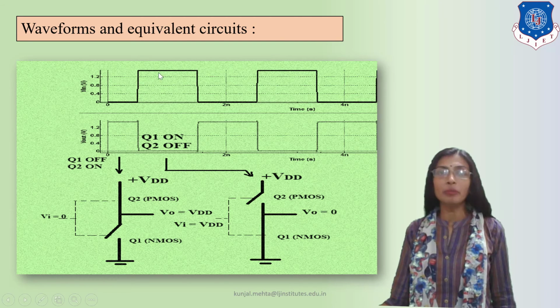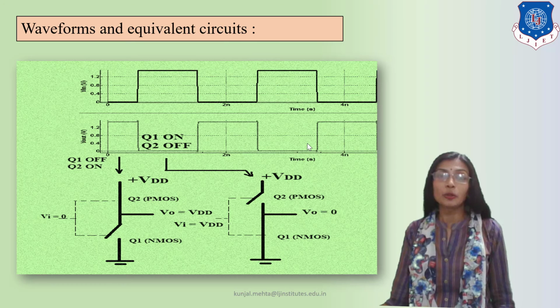Similarly, when the input becomes 0 to 1, with this high input the output will be low because Q1 is on and Q2 is off. And in the next repeating cycle, if the input is low the output is high, and continuously when the input is high, the output is low. This is input voltage versus time and this is output voltage versus time. Both are explained using the square waveform reference.